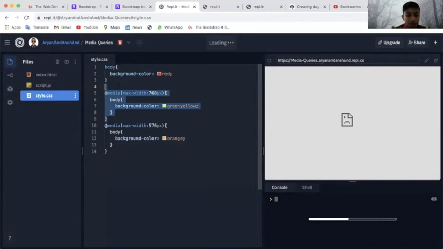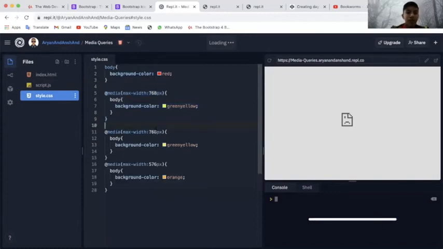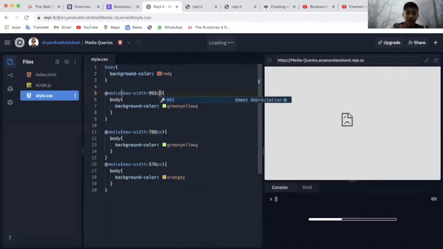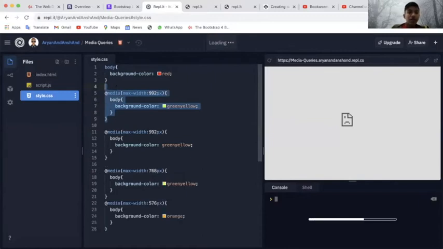I'll just duplicate these. So 576, 768, then the next one is 992 pixels, which means anything lesser than 992 pixels. And lastly, I think it was something around 1200 pixels.